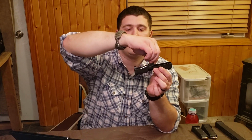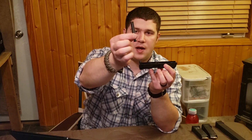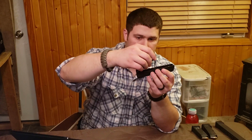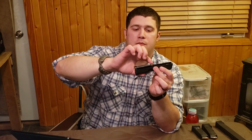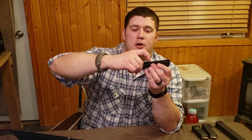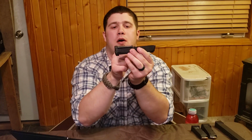Drop it in there, slide it forward, and then slide it back into place. Take your recoil spring, fat end towards the front. So the fat end, skinny end, or the me end, and some really skinny famous actor, Ashton Kutcher. Fat end towards the front, place it in the hole that's cut out for it in the bottom of the slide right here, and then compress your recoil spring just a little bit until it sits flat on the little